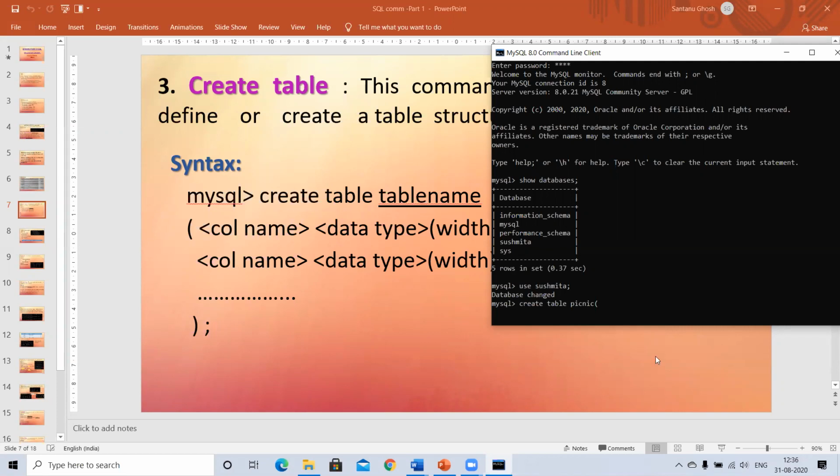So I just go enter, and I've told you, unless you press a semicolon, the command is not finished. So it'll give you this kind of an arrow and expect more input from you. Okay. So create table picnic. My first column name which Pooja wants to enter is basically the roll number of the person. So RNO. Same rules: no space, only underscore accepted, no keywords, no special characters allowed other than underscore. Should not start with a number. Same rules for the field name also.